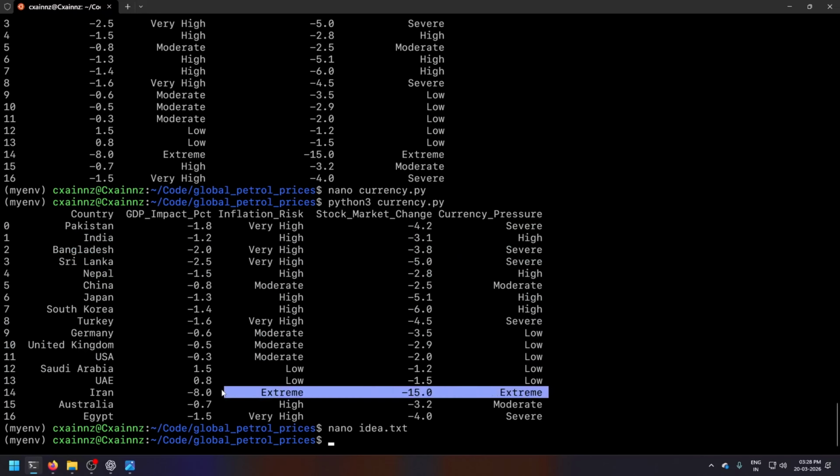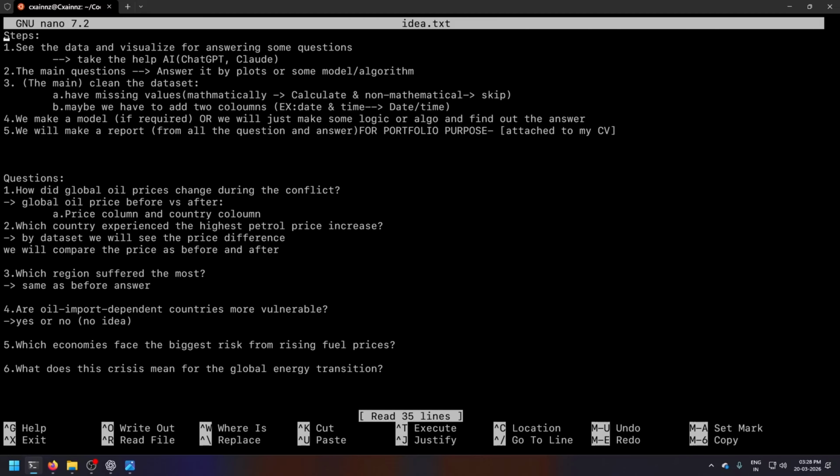But this one country, Iran, shows the inflation risk is extremely high. GDP impact is minus 8.0. The next highest is around minus 2.5. Iran, extreme, minus 5.0. So which economy faces the highest risk? That is Iran.